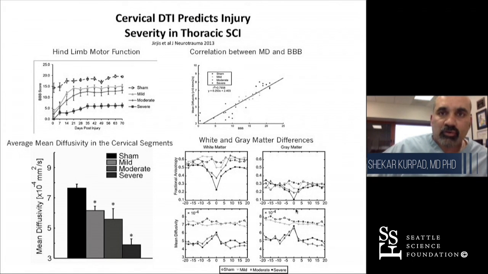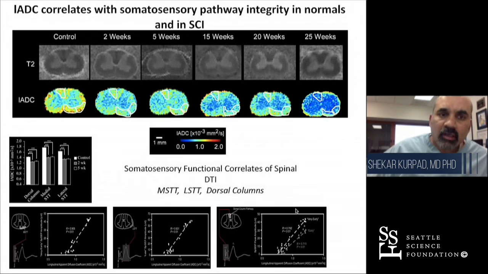In addition, cervical diffusion imaging appeared to predict injury severity after inducing experimental thoracic spinal cord injury in an animal model, as shown in the lower left panel, and the degree of severity of injury was correlated with BBB scoring for hind limb strength. In addition, not only was there correlation with the degree of injury severity, but there was also correlation with the amplitude of spinal somatosensory evoked potentials in the dorsal columns, the medial and lateral spinothalamic tract,